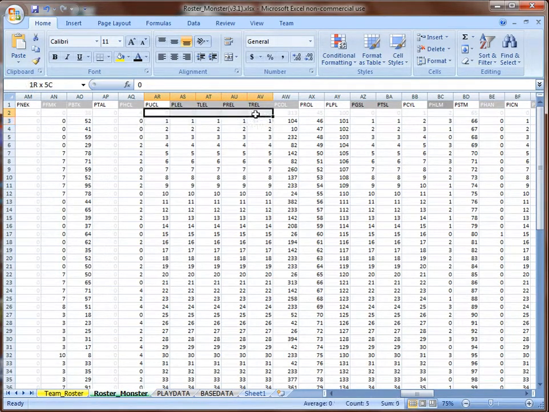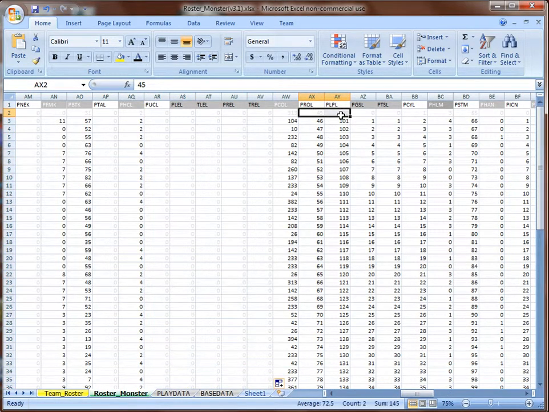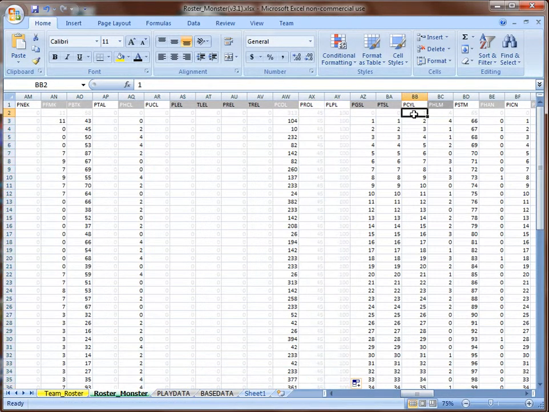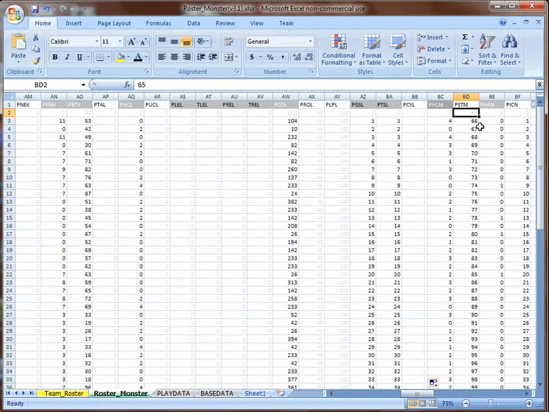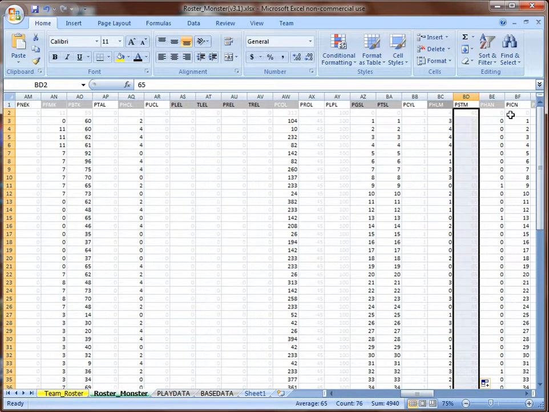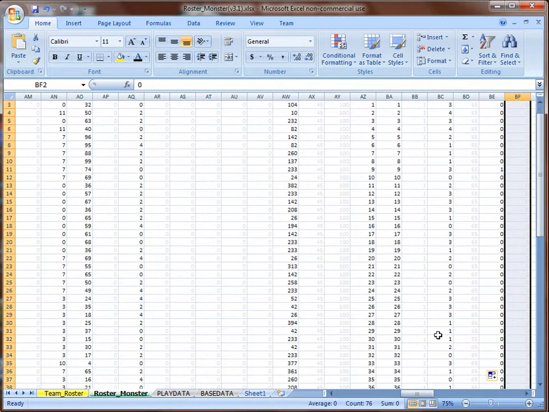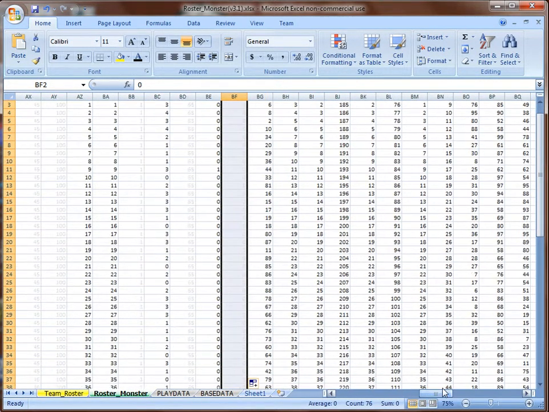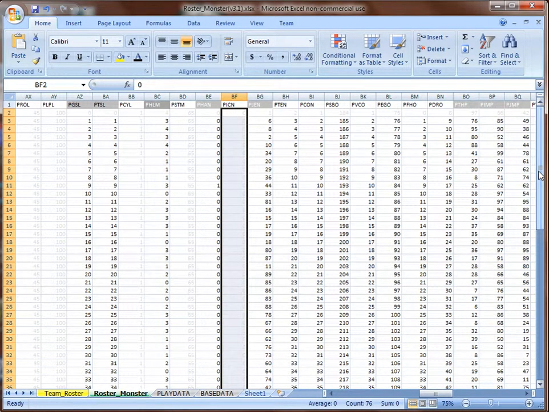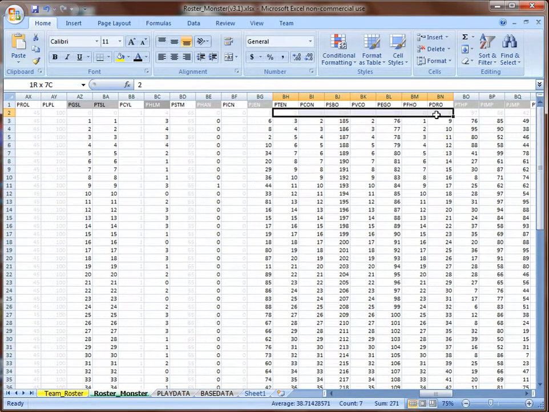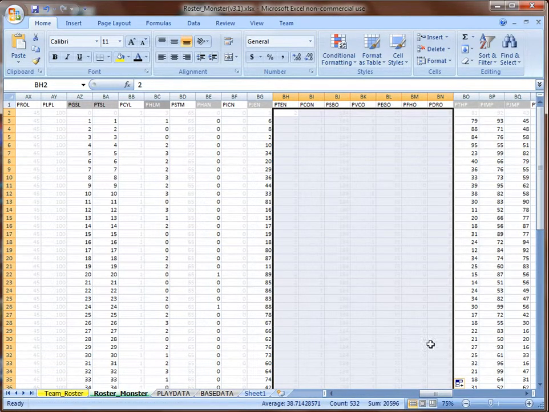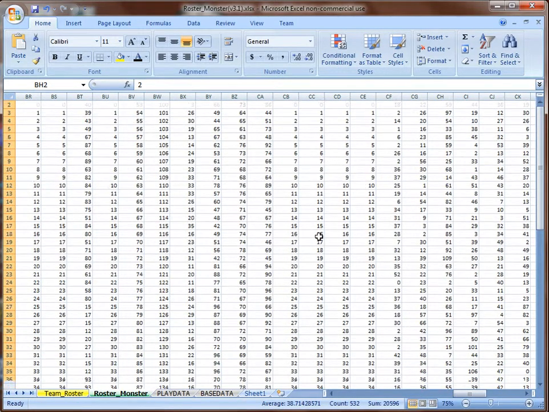Oh, into here. Maybe later on another version, I'll try to figure out how to keep those the same, or using